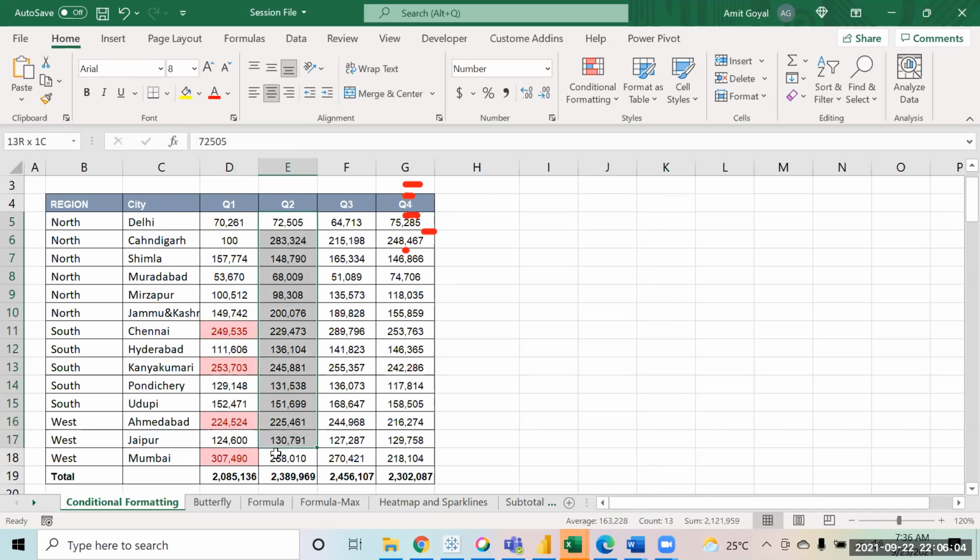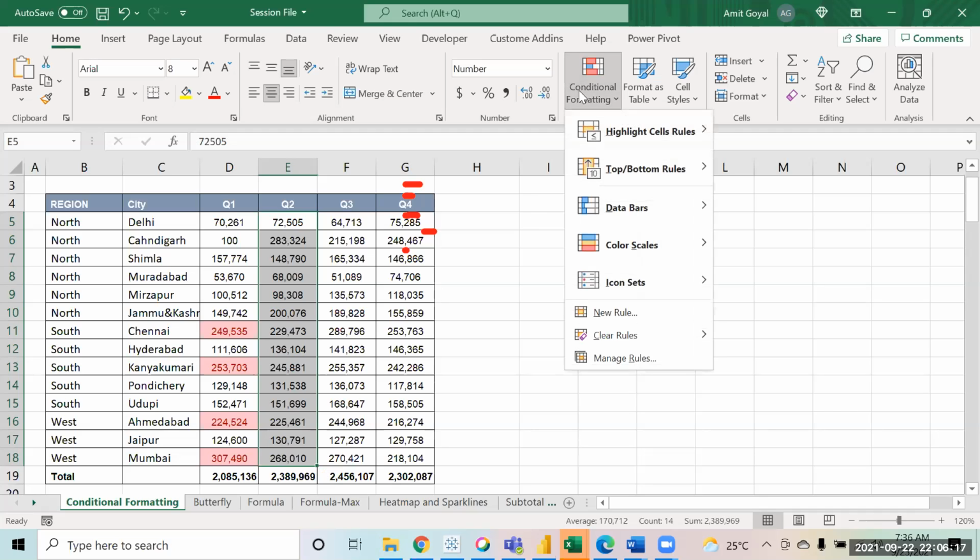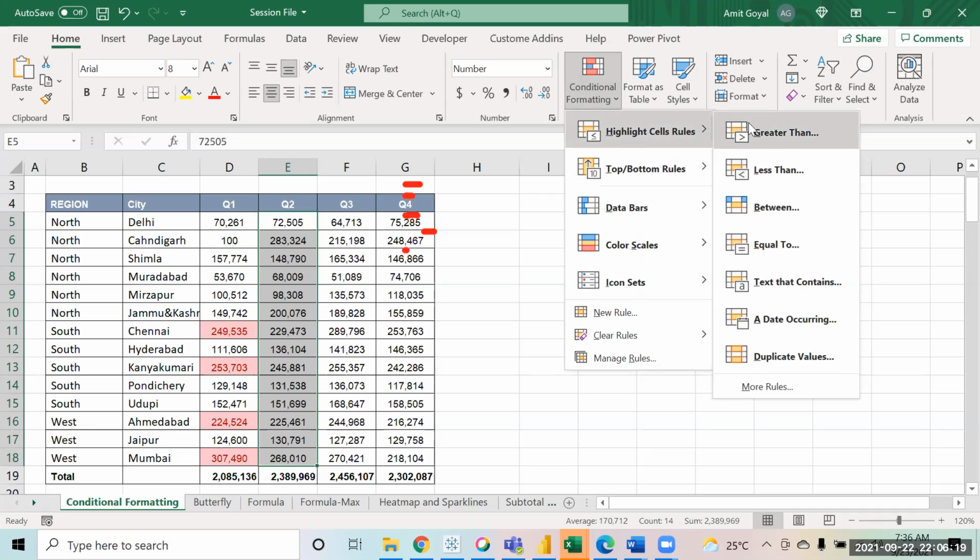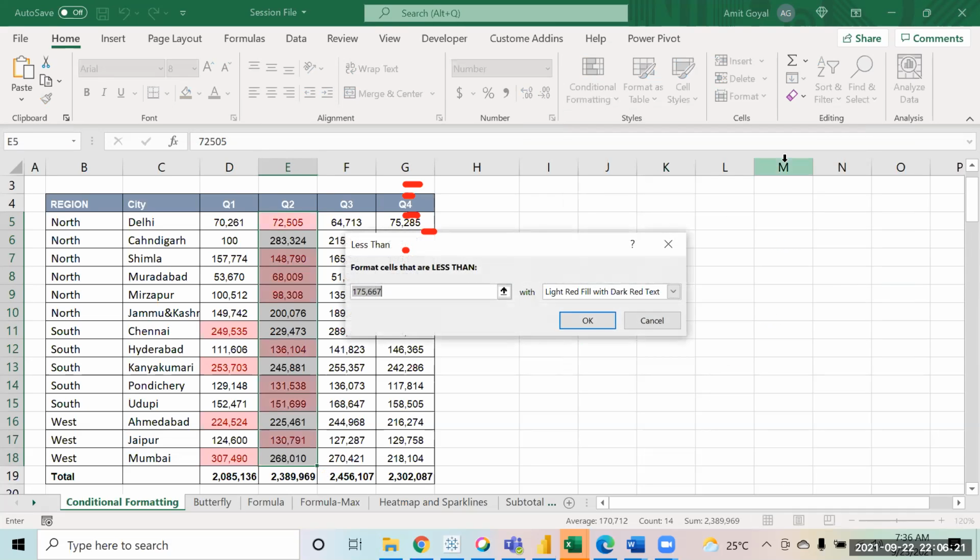Suppose you come to quarter 2 and I want to highlight those values which are less than 1 lakh. So I click on conditional formatting, highlight cell rules. This time I will use less than, values which are less than 1 lakh.